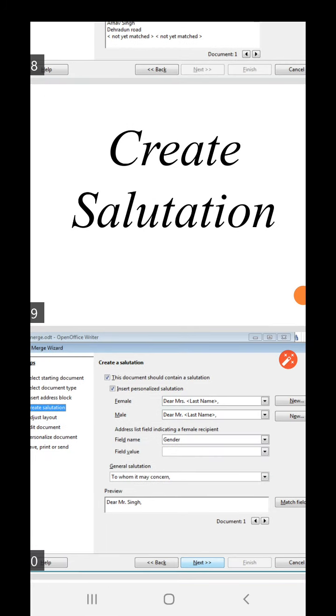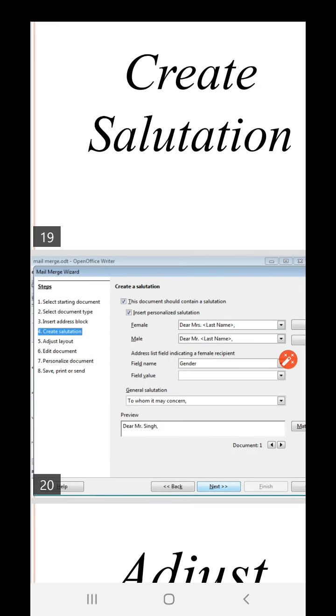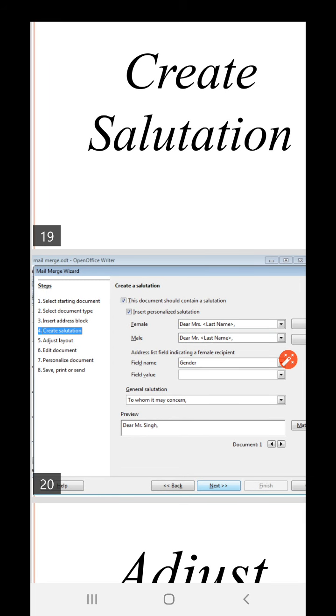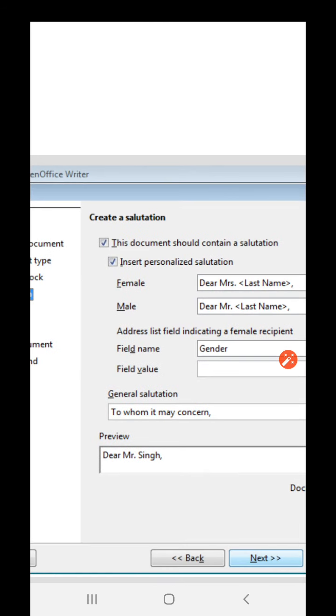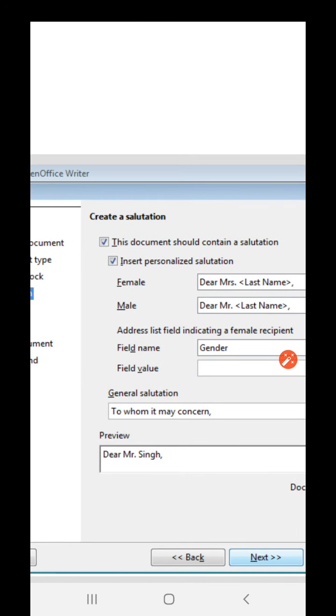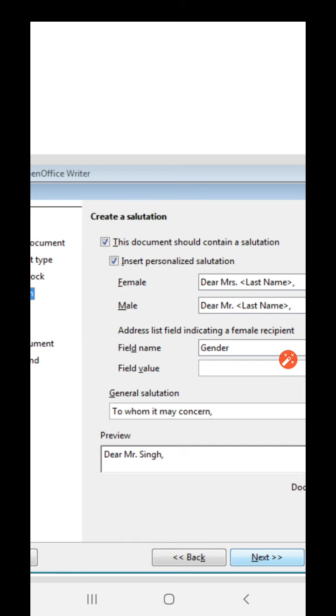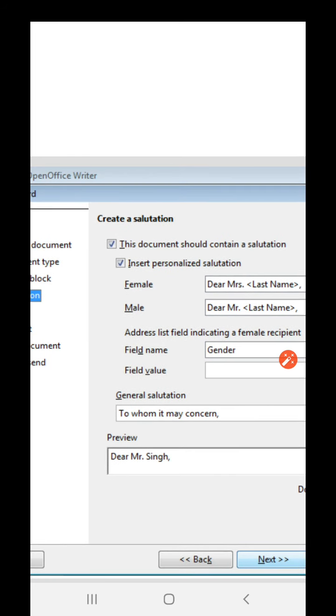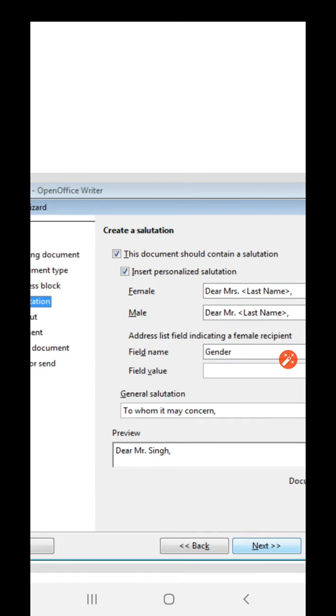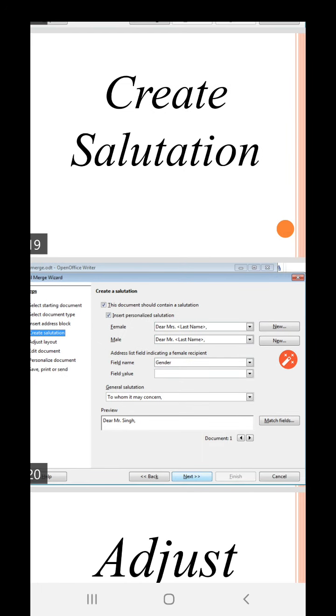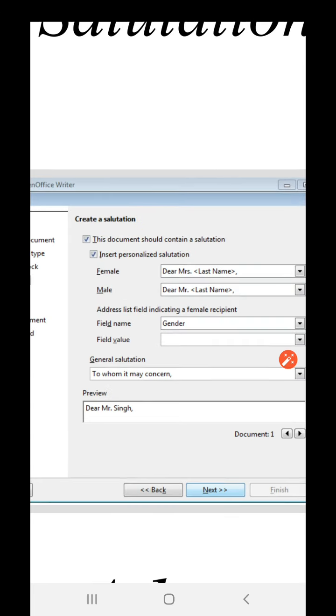The next step is create salutation. Salutation means you can write any salutation for female or male, like Dear Mrs. last name, Dear Mr. last name. These are predefined options. You can select another one as well. I have not changed it, and you can create a new one as well by clicking on new.